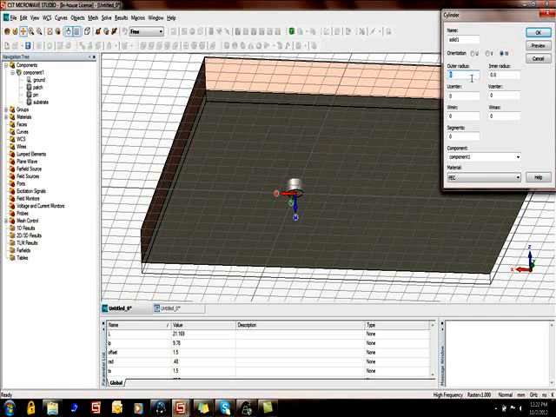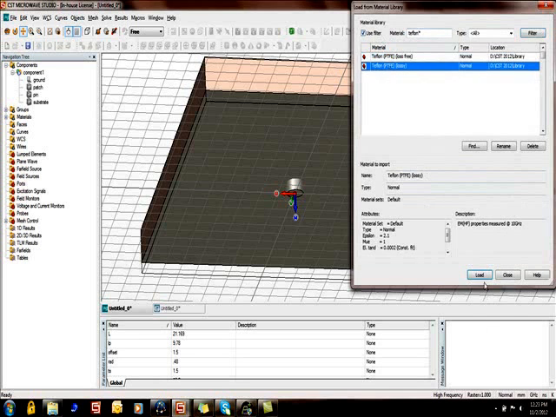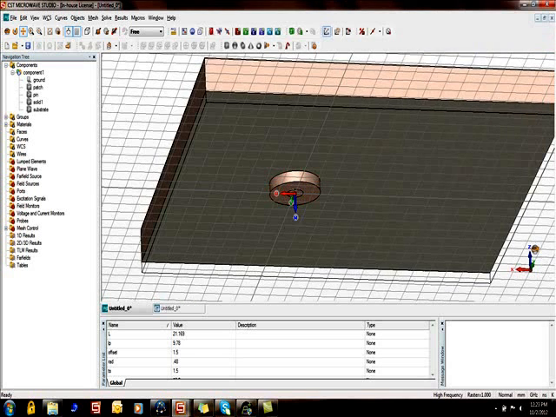So outer radius, let it be 1.475, inner radius red. Okay, and then it has to be minus 0.5. This extra portion is minus 0.5, and then select material to be Teflon, load and click OK, and then click cancel.